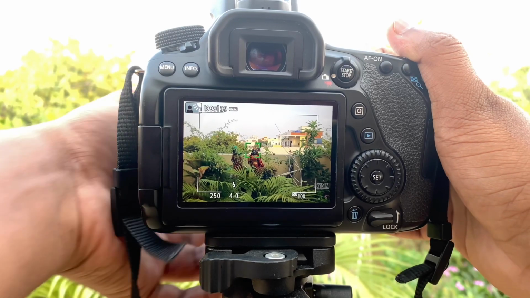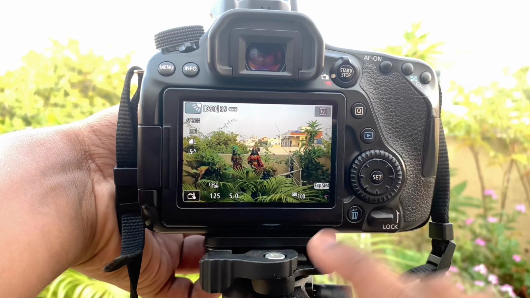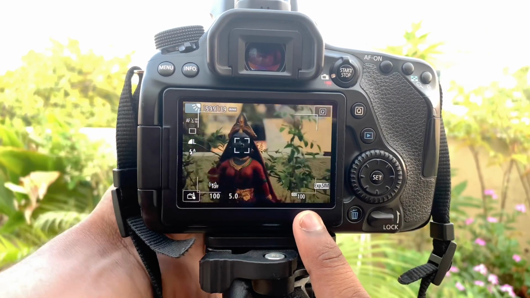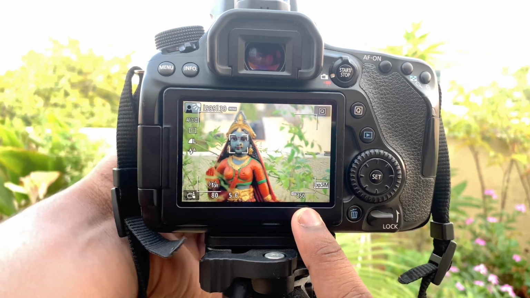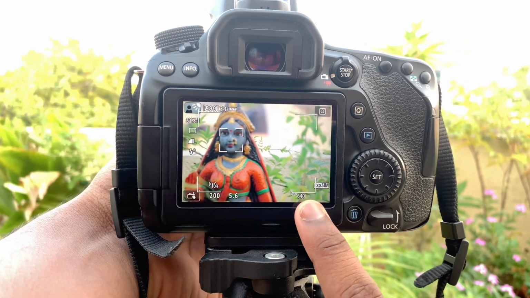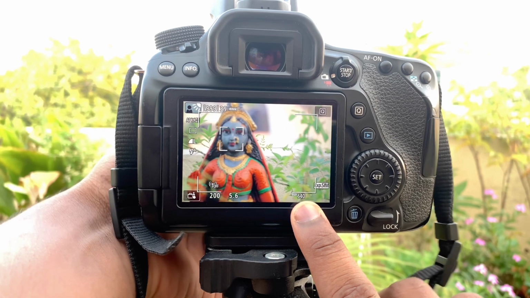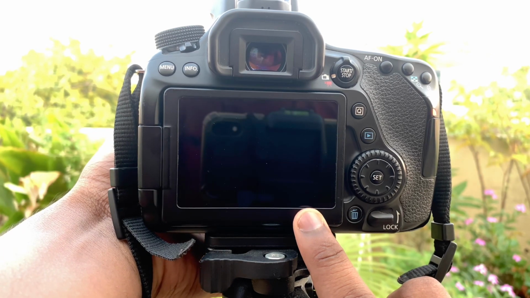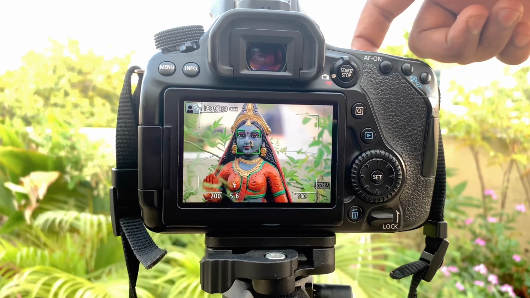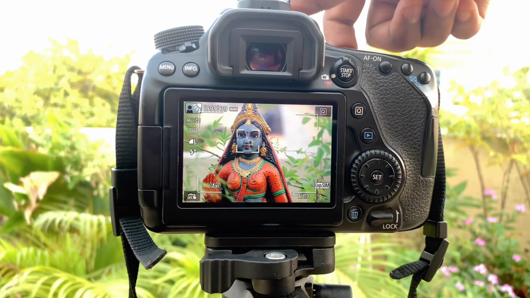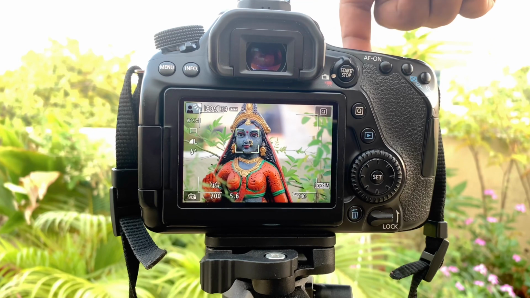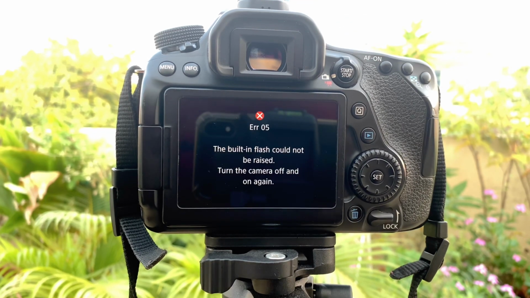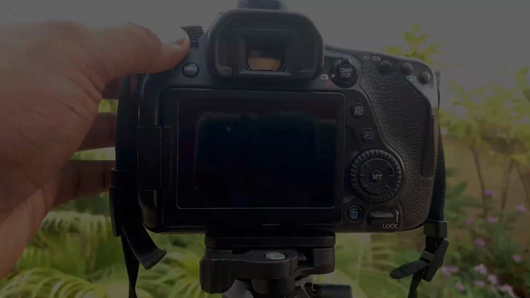So guys, in A+ mode everything will be automatic. And now here you can see, when I zoom into the subject or object, the ISO is changed accordingly to the subject. And also you can see on the left side, the shutter speed and aperture also changed accordingly to the subject. So guys, if you want an image without flash, we just have to disable it. We should not try to stop the flash forcefully. By doing it in this way, your camera will be in trouble.